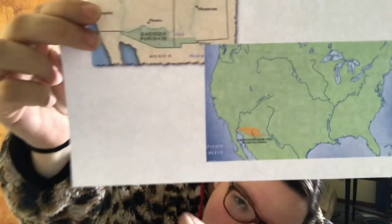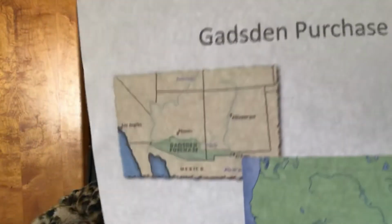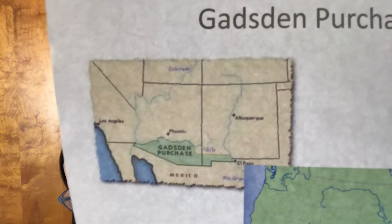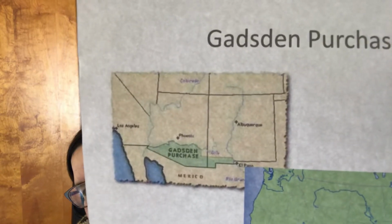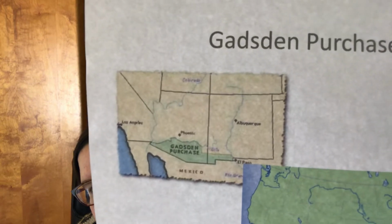So on this little map here, you can see the yellow down here. That's what they buy, and you can see it better in this upper map. You can see they just buy like a small chunk. Because of where the mountains and stuff are there, they thought this would be the easiest place for them to go through. And so they decide to buy this little chunk of land from Mexico so they can put the railroad through there. Now, the only problem is in 1860,